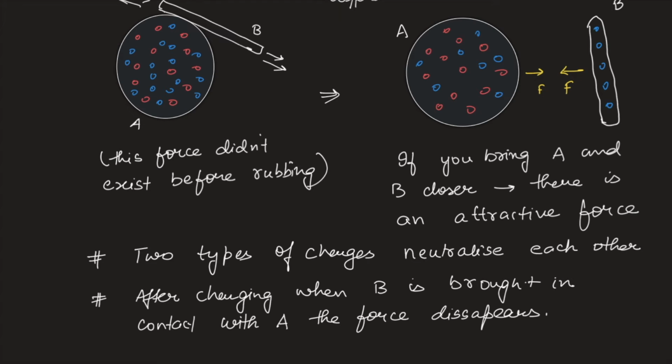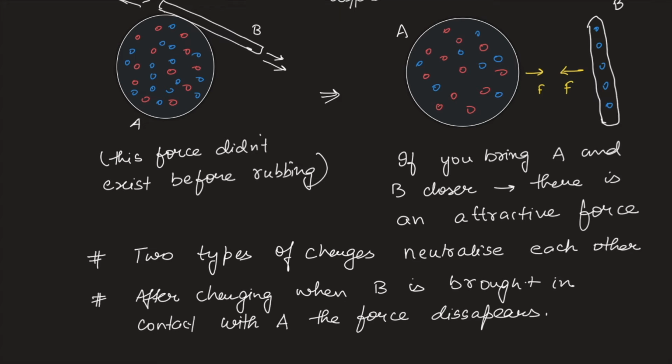द फोर्स डिसअपियर्स। कहने का मतलब ये कि जब आप बी को वापस ए से कांटेक्ट में लेकर आते हो तो ये सारे चार्जेस शायद वापस ए में ट्रांसफर हो जाते हैं, या फिर कुछ इस तरह की चीज़ होती है जो हम देखते हैं कि जब हम बी को वापस ए से कांटेक्ट में लाएंगे चार्ज करने के बाद, तो ये जो फोर्स इनके बीच में लग रहा है कांटेक्ट में आने के बाद ही वो डिसअपियर हो जाता है। और ये बात आप देख सकते हो कि एक बार अगर आप अपनी कंघी से उन पीसेस ऑफ पेपर को, उन बिट्स ऑफ पेपर को अट्रैक्ट कर लेते हो और फिर उसके बाद आप उसे अलग करते हो, तो आप ये पाओगे कि उनके बीच में फोर्स या तो कम हो जाता है या फिर नेग्लिजिबल हो जाता है।